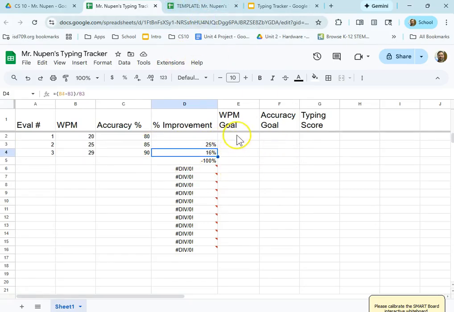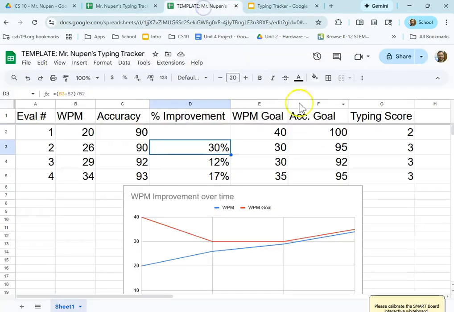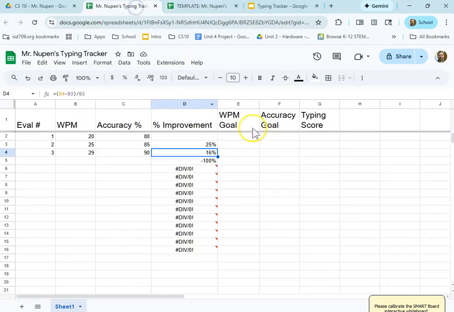All right. So now we are done with putting in the calculations, and we're going to be graphing it next. But before that, let's go ahead and put in what our goals were in our typing score. We can look that up later, so we'll just type these in for right now. So let's say my typing goal, I had really high expectations to start off with. I was going to be at 50 words per minute and 100% accuracy, and I was 5 out of 5, but I wasn't. So my actual, then I saw that was really low. So now I was like, okay, now my new goal is going to be 30 and maybe 90. All right, now I'm going to be 35 and 90. Okay, so we've got